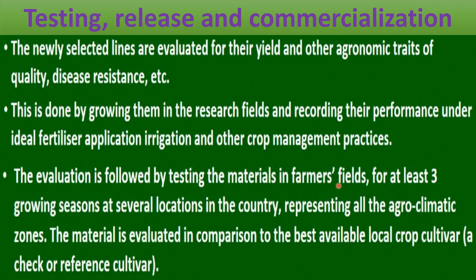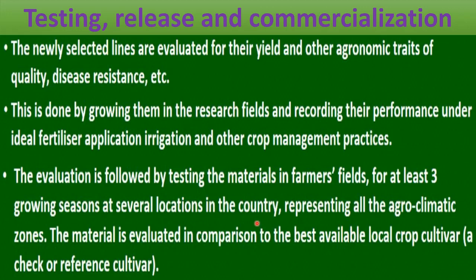Like there can be a lack of irrigation or lack of fertilizer application in the farmers' field. So these are evaluated in the farmers' field for at least 3 growing seasons, because the yield can vary from season to season, at several locations in the country, because